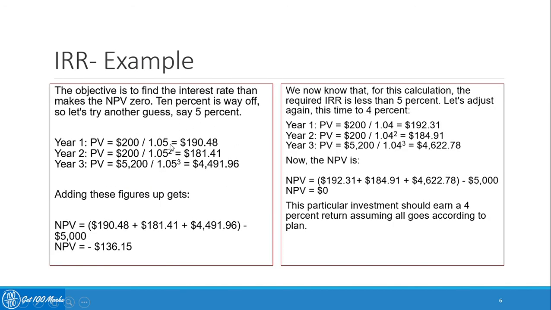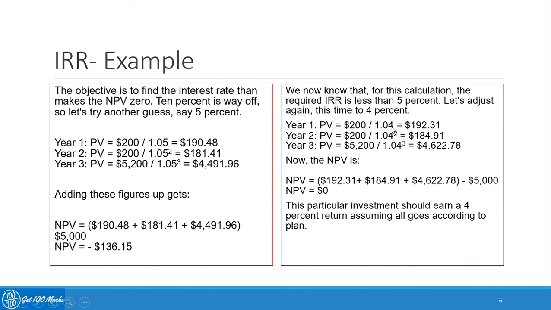So now the illustration has taken a discount rate of 5%. Please understand that this is just an indicative interest rate. You have taken it out of your own assumption. That is why we call it a trial and error method. So with a 5% discount rate, you go through the same calculations and you arrive at an NPV which is negative 136.15. Okay, which is again not acceptable. So if you have to go to positive NPV, or NPV which is more than negative 136.65, you will have to bring down the interest rates further.